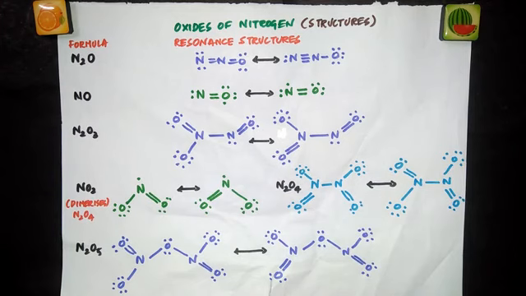So when they ask you a question, why does NO2 dimerize? Then you should say NO2 contains an odd number of valence electrons, so it behaves as an odd molecule. On dimerization, it can be converted into a more stable N2O4 molecule, where it can have an even number of electrons. So that's the reason why NO2 dimerizes.